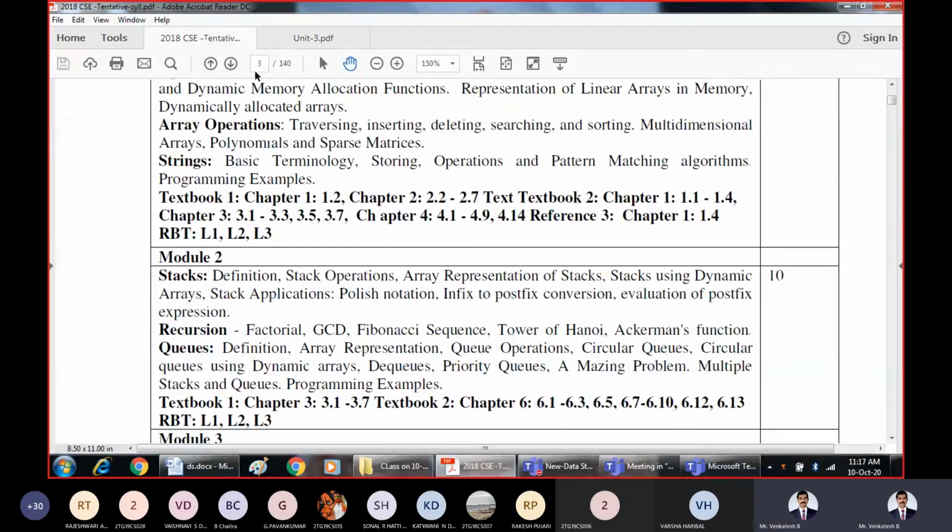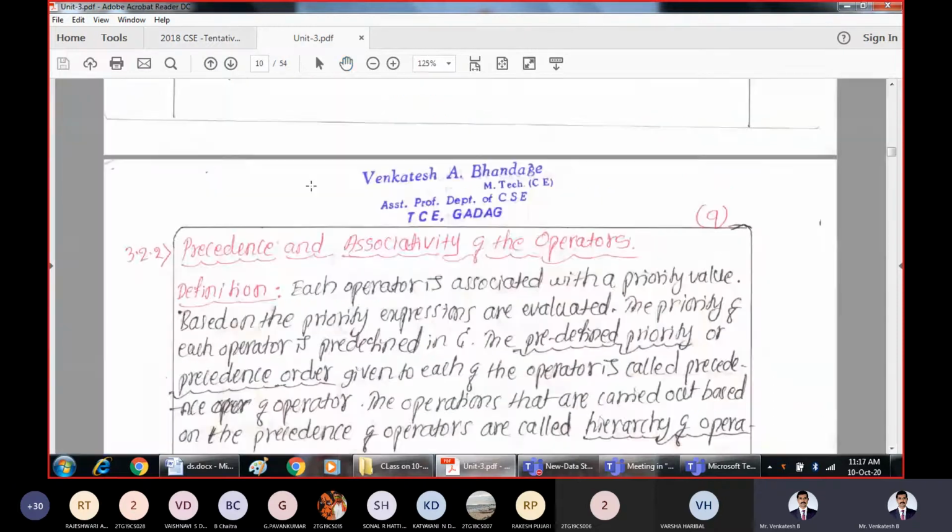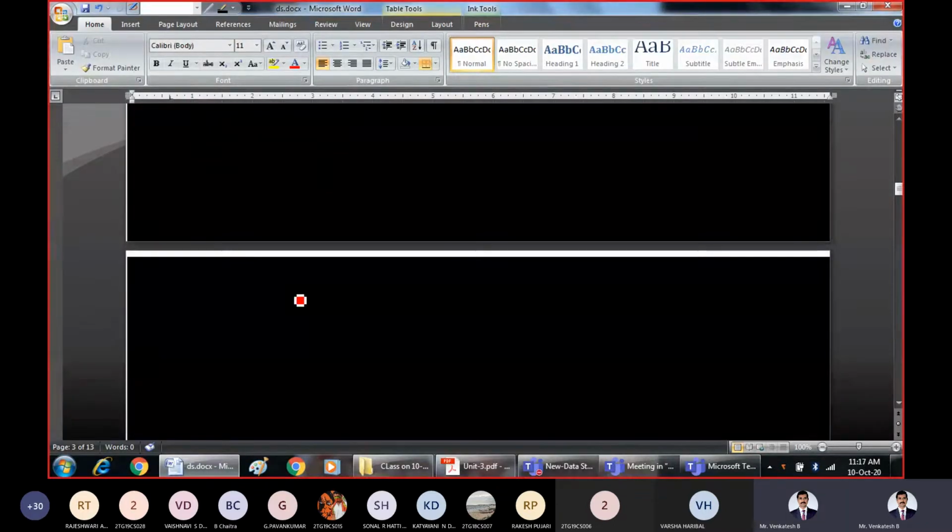So next thing here is how do we convert an expression from infix to postfix? Specifically, we have to convert the expression from infix to postfix. So I'll take one example of infix expressions. This is one infix expression, a plus b. And a plus b plus c is also an infix expression.